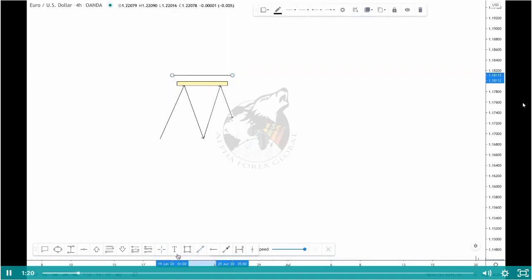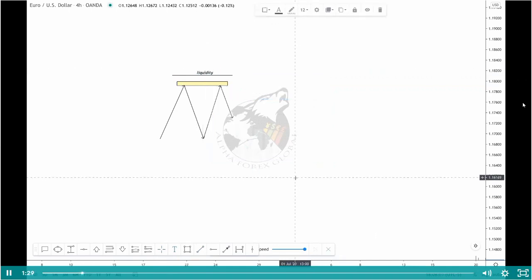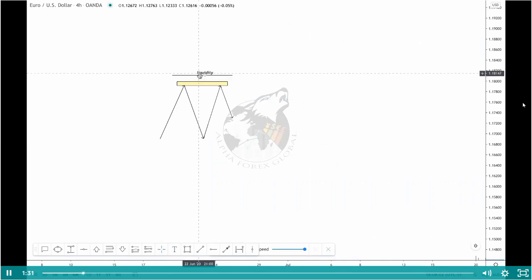So let me label this as liquidity. All right, so this is liquidity per se, right? Because this is an equal high, right? So